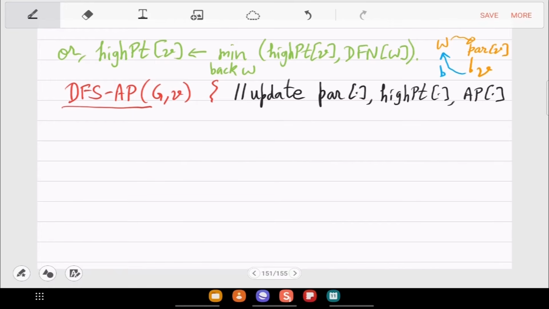Okay, so AP will store flags, true or false. Okay, so what you will do is the visit array. So V is now visited the first time, so make it true.